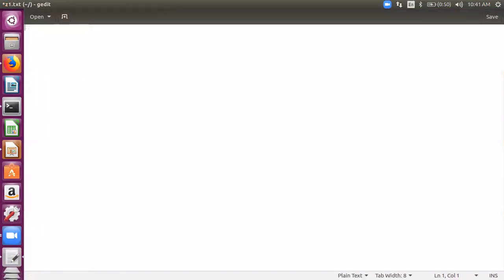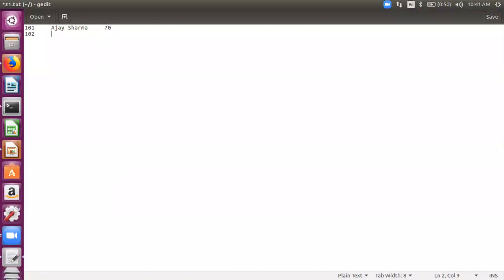So let me write some data here. I'm using tab as the default separator, using a tab here and using 3 columns. First one is the roll number, next the name, and then the marks.